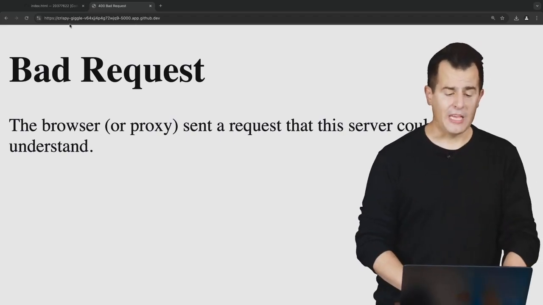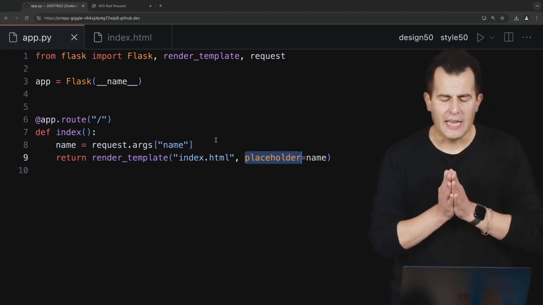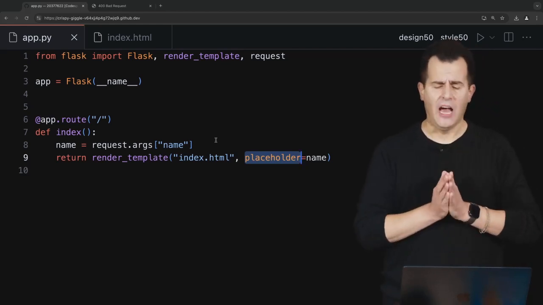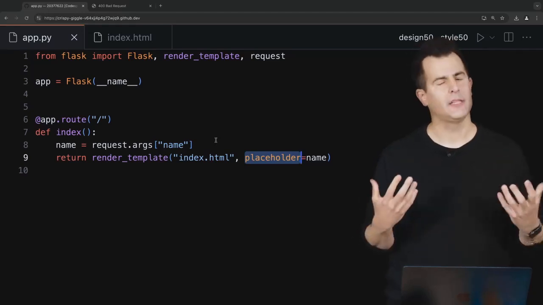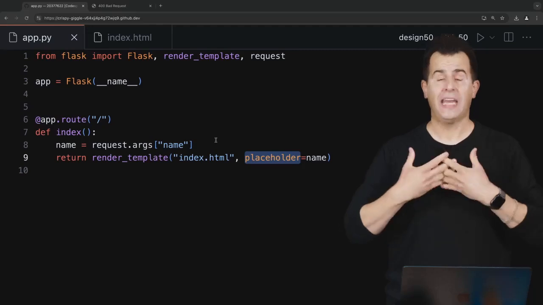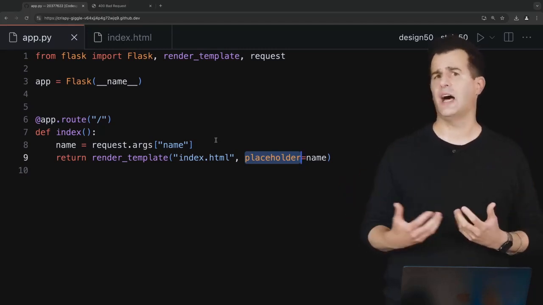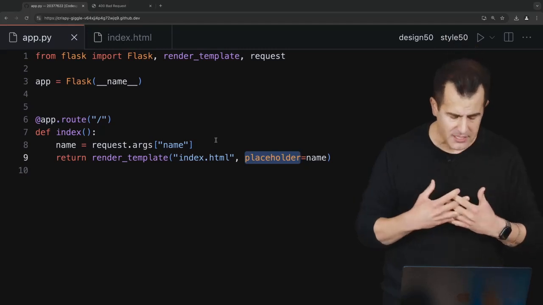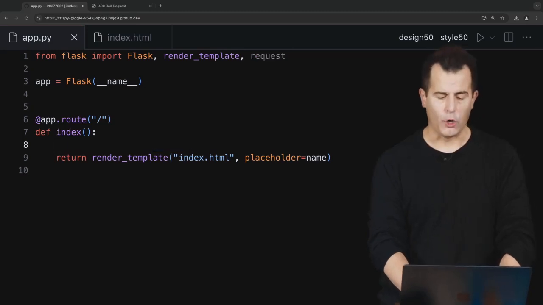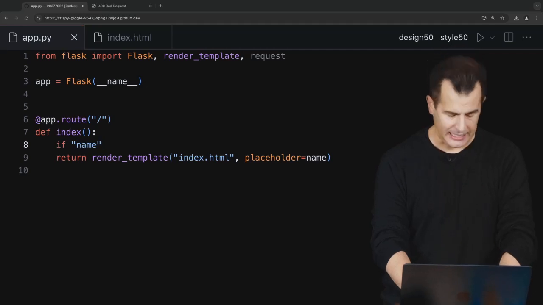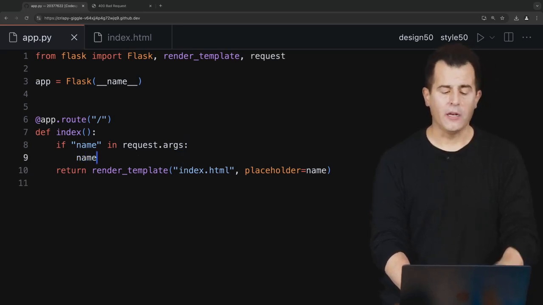Let me go back to my other tab for VS Code. Let me go ahead and open up app.py, and it seems to be the case that I'm just blindly assuming on lines 8 and 9 at the moment that there will be a key called name inside of this dictionary. And clearly that's not the case if the user has not visited a URL that has ?name=something. So I think we just want to use some week 1 style logic using Python syntax specifically to say something like this. Let me go ahead and change line 8 to ask a question first. If there is a name key inside of request.args,